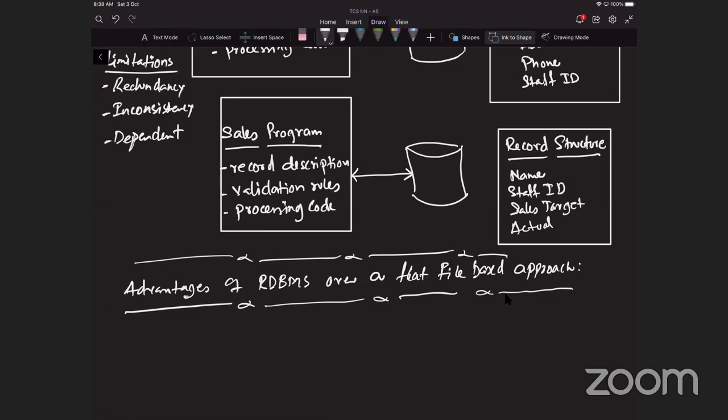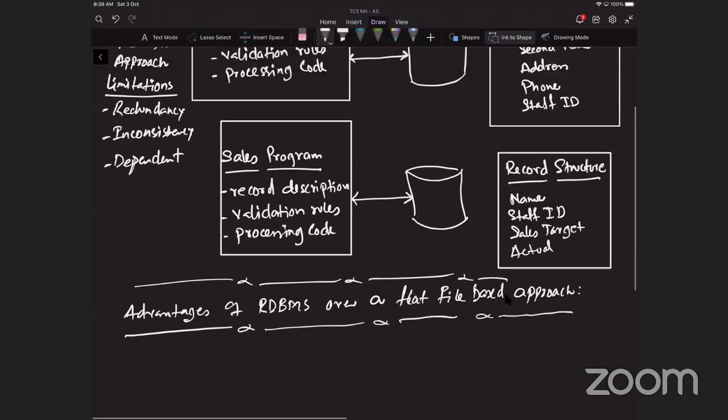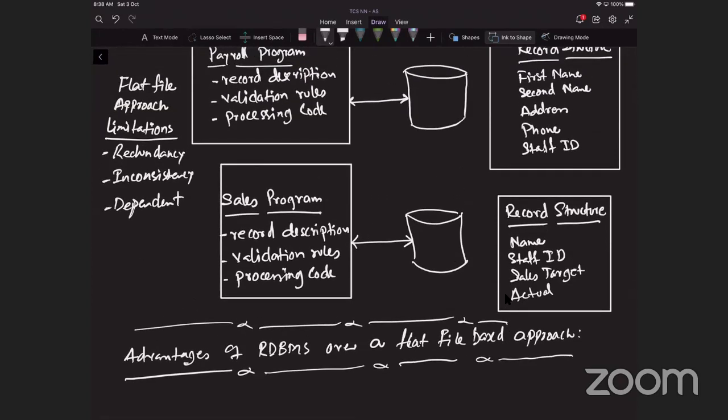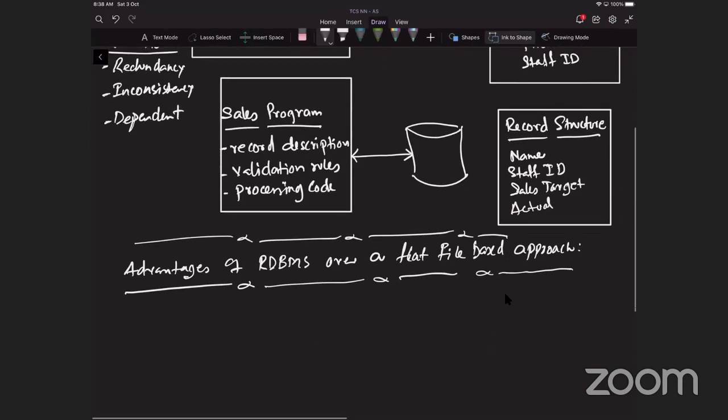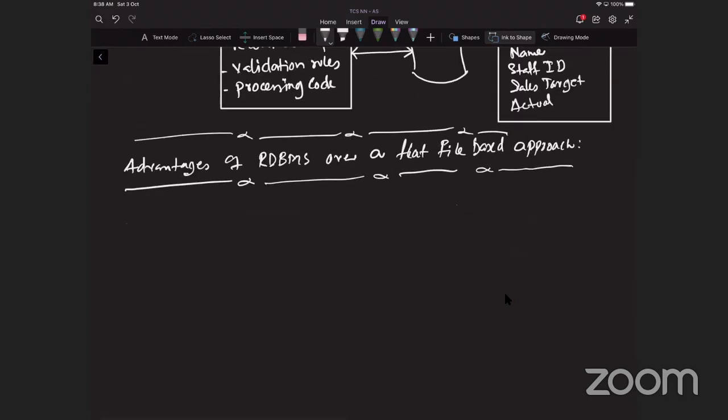Using the same example which we have just discussed, a business keeps a database for payroll and sales data, and uses applications in the database this way. So let's say what it does, it has a table design in the database system.